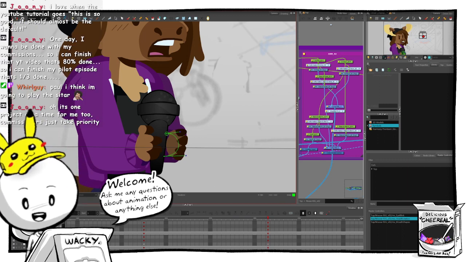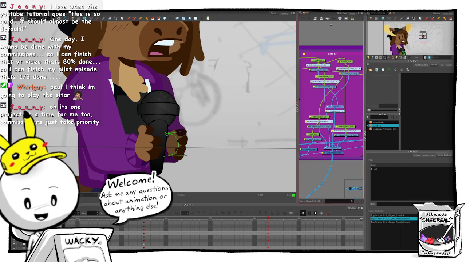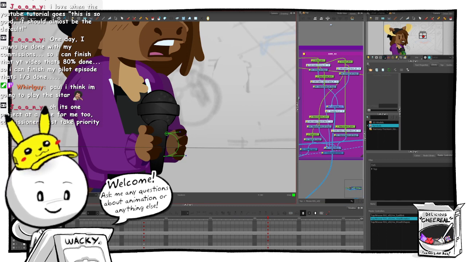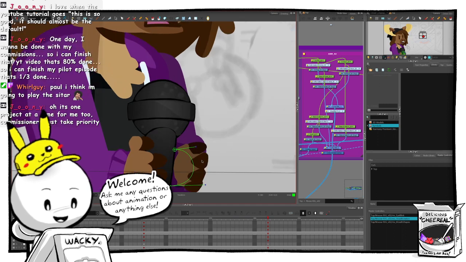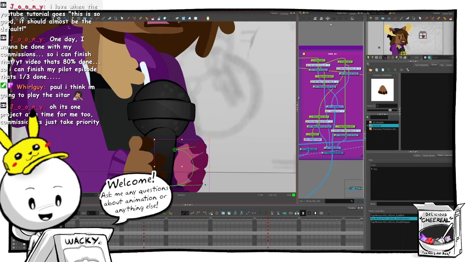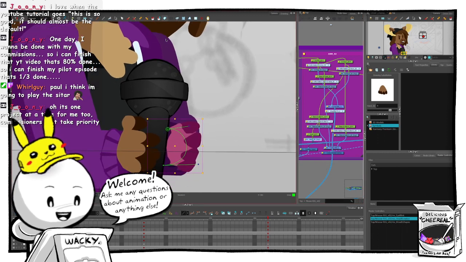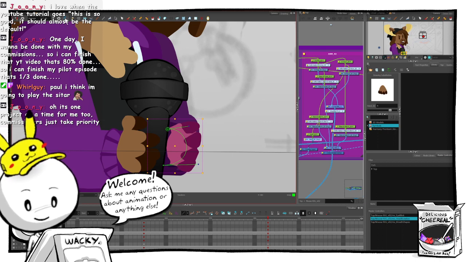Paul, I think I'm going to play the sitar. George, I think that's a very good idea. You should do that. Thank you, Ringo. I thought it was a good idea also. That's just every song conversation, is just that. I think this is a good idea. I think it's a good idea also. You should do that. Thank you. That's how they write all their songs. What a masterclass in songwriting.